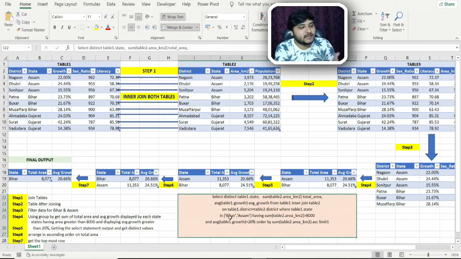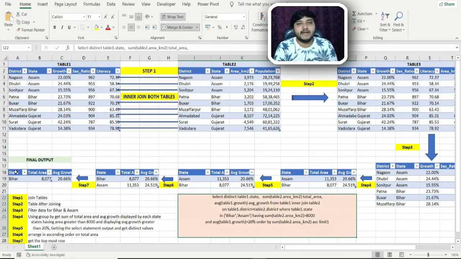I am filtering out the data from the entire data set which I have. You can see I have 3 unique states here, Assam, Bihar and Gujarat, but I want the data set only for Bihar and Assam. Also you can see I have a having clause here. We'll be coming to this, and at the very last we are ordering the data set on the basis of the sum in ascending order, and then limiting our data set to 1, and this is the final output which you get.